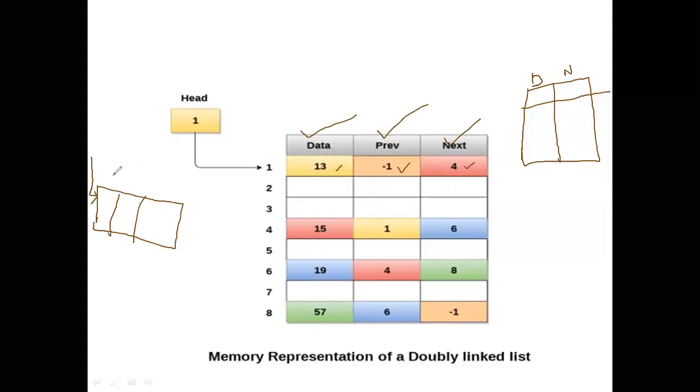Head is 1. So I'm having 1. This is my head. Guys, please. So now you tell me what is the previous of this, your first node. Previous is minus 1, null. Here they have represented minus 1. What is the data? 13. What is the next node? 4, ma'am. 4. Okay. Now one more node I will draw here.